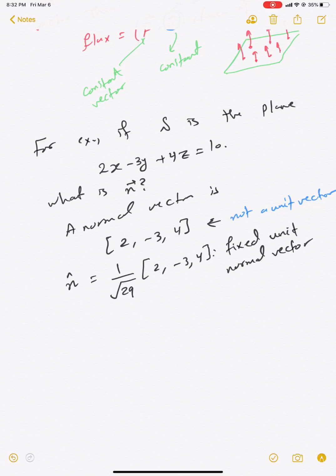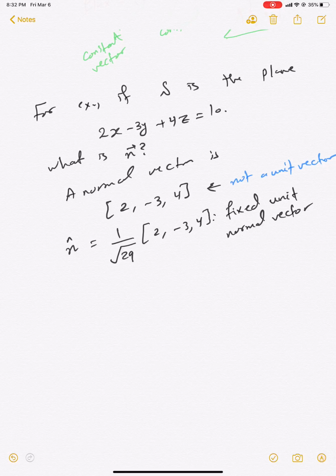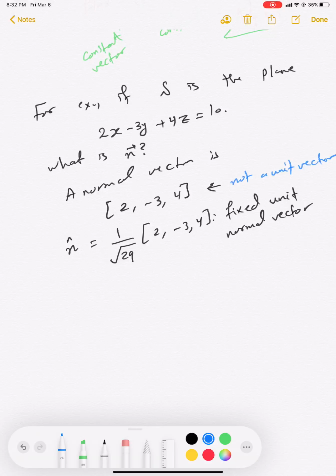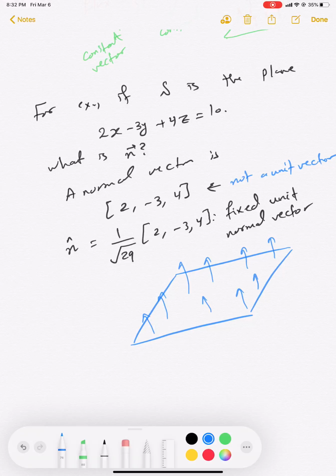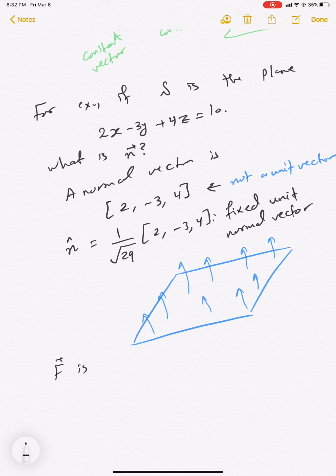What do you mean by fixed? Because if you draw the plane, at any point, this is your normal vector. It's the same normal vector at all points. Not only this, so now if you take F, so if F was a constant vector,